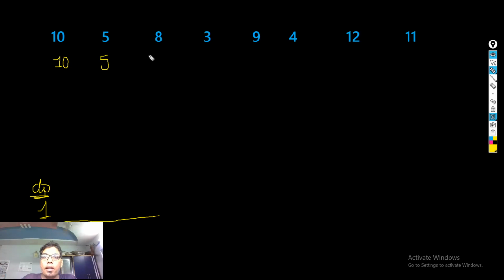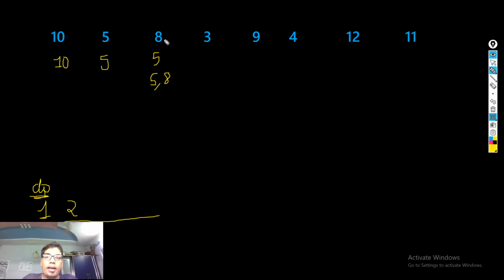So 5. Then we have 8. Now 5 and 8 can have an increasing subsequence. So we have 5, and then we have 5 and 8. We cannot discard this subsequence 5, because we might find out in the future there could be a subsequence which is better than the subsequence that starts with 5 and 8. So we keep this 5, but we have this DP array which says that now with the element 2, the size of 2, the last element is 8, right? Now 8. Now we have 3.